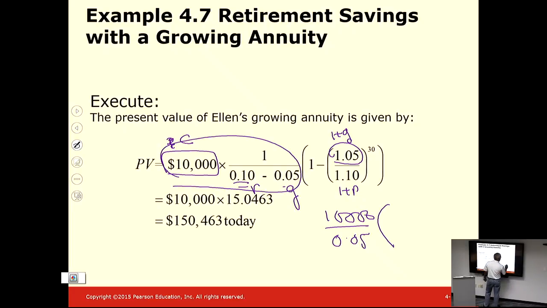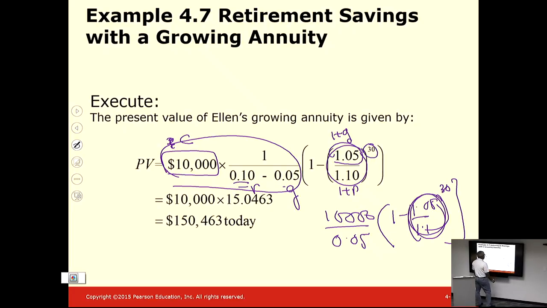To this, it will be 1 minus 1.05 divided by 1.1 raised to the power 30. So this whole ratio will have to be raised to the power 30. And then you will take this part and multiply it to this part. And all that gives you